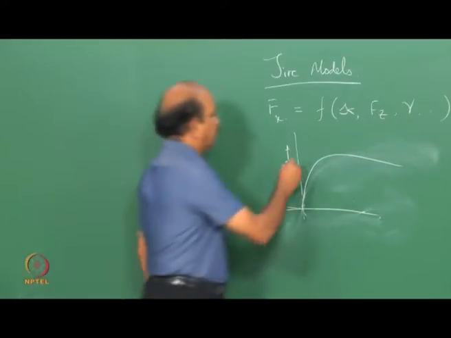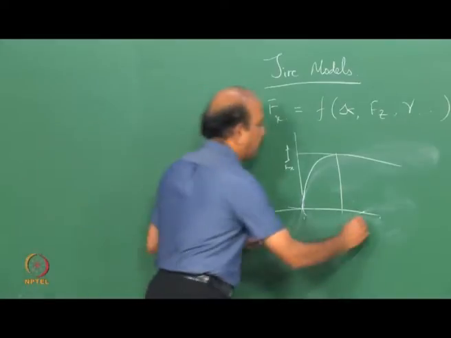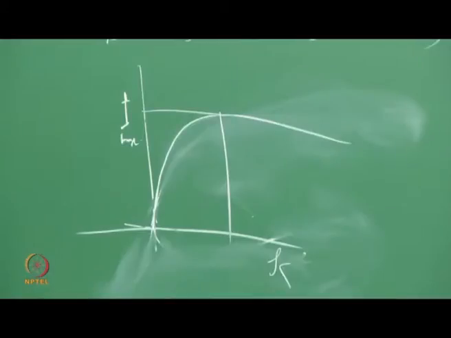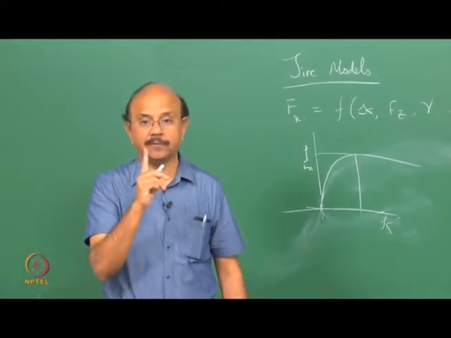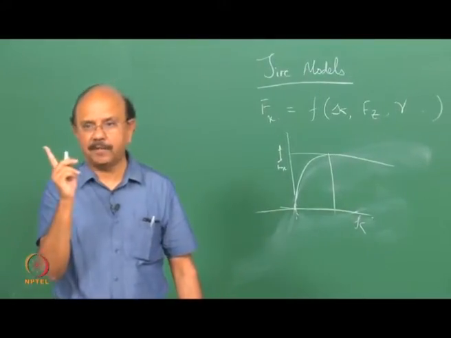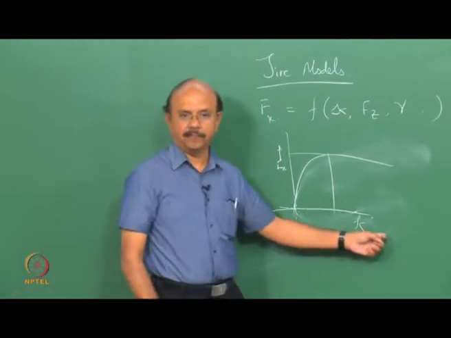So what's the maximum force? I know this is the maximum force, and that is the kappa. Fx versus kappa. So what exactly is kappa here? Kappa is our slip. We had defined 2 slips. Remember? Theoretical slip called sigma, the practical slip kappa. So that is what I am plotting here, kappa.